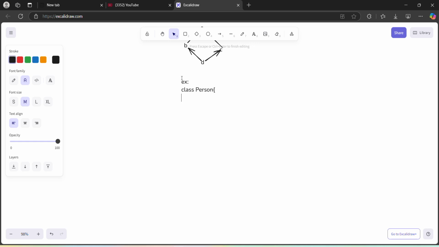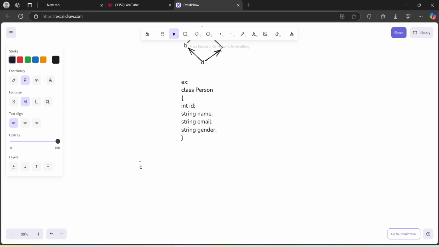Inside the Person class, we are writing some person ID, int ID, some string name, some extra string email, some string gender, etc. These are the variables we are writing inside Person, and then